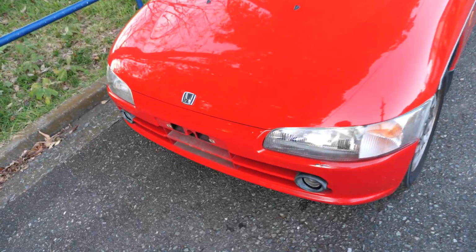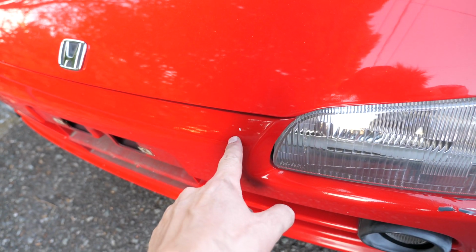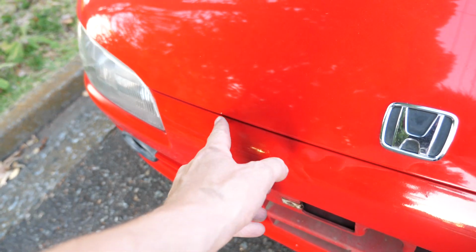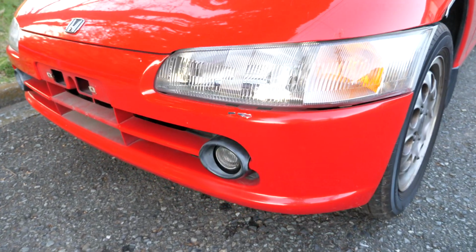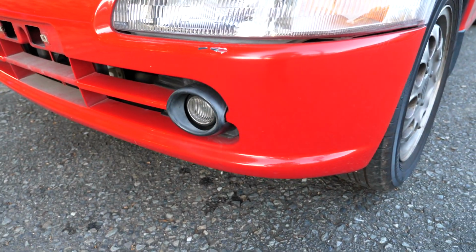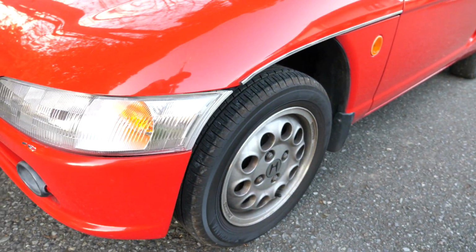So the front bumper, we have a rock chip here. We have another rock chip here. We have a rock chip, not that one. And then some minor scratches there and here. You should be able to polish all of that out. Front bumper has some paint cracks right below the headlight right here. And it, scratch here,